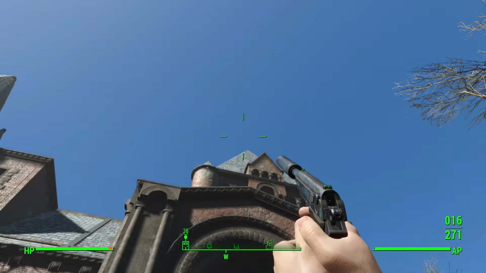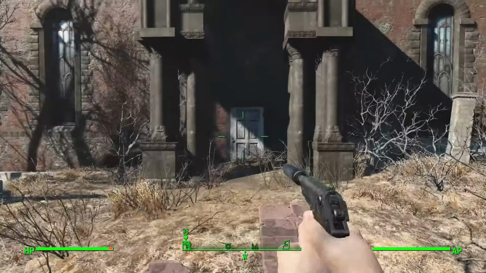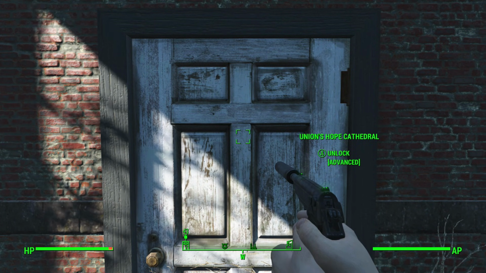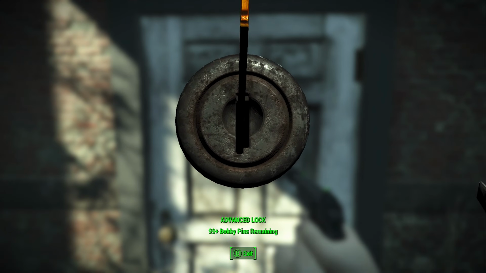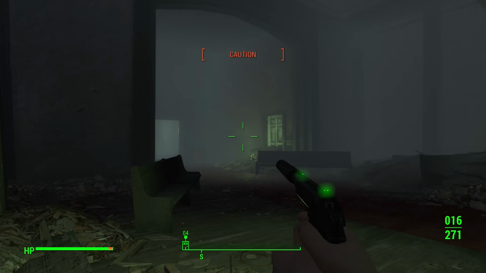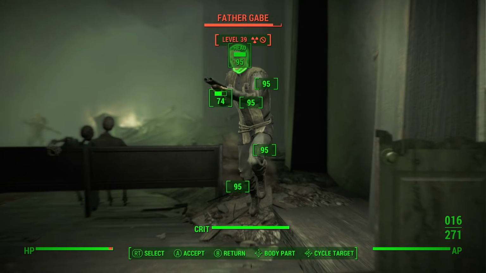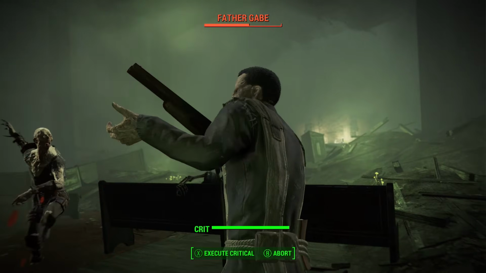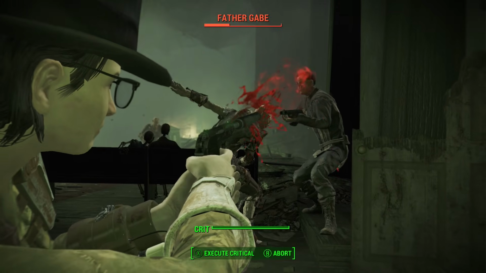Can we get in here? I like a big old... That's a massive church. What even is this? The Union Hope Cathedral. Hell yeah, I'm going in here. Yeah, sorry, I'm being distracted. Father Gabe just yelling, let's do this! What's going on? What the father... Ooh, hello. Whoever you are, not very...